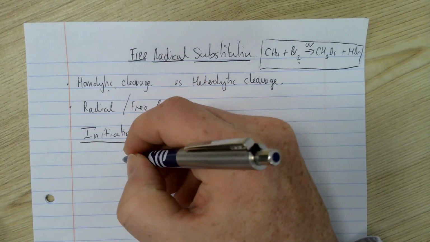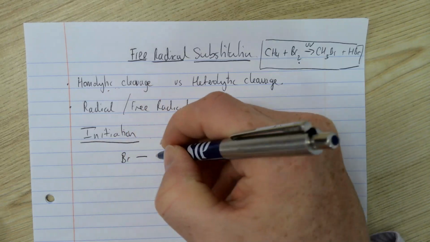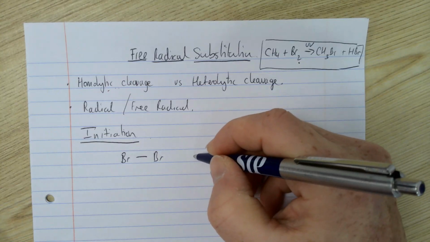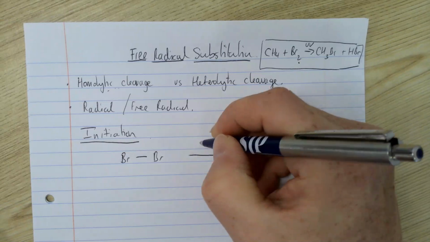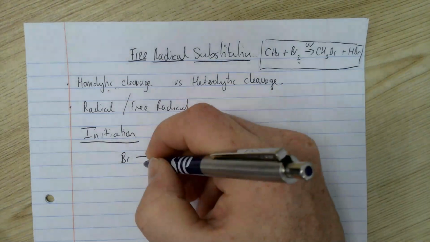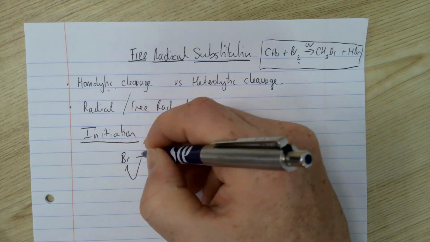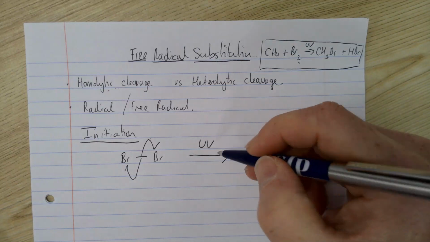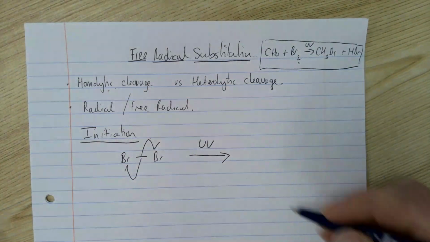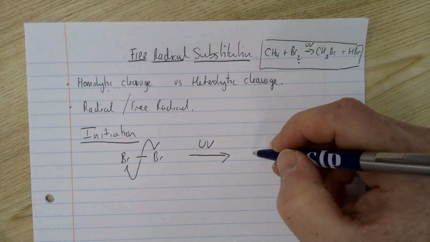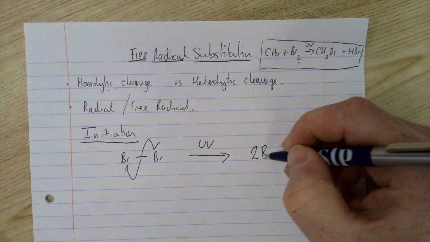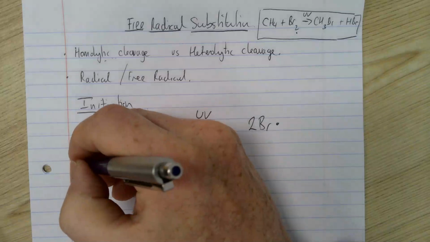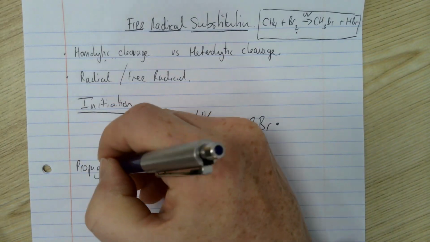But the mechanism to practice, the things to include: I'll show the bromine-bromine or chlorine-bromine or chlorine-chlorine bond. The reaction is initiated by ultraviolet light, causing homolytic cleavage of that bond. You do need to have the UV over there. You do need to be able to show those half-headed arrows forming two bromine atoms, bromine radicals that have unpaired electrons. Propagation